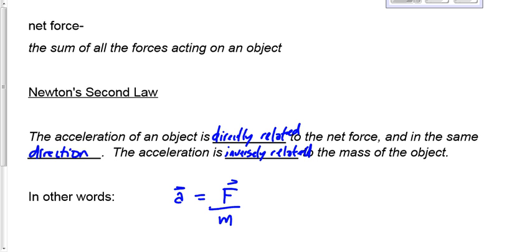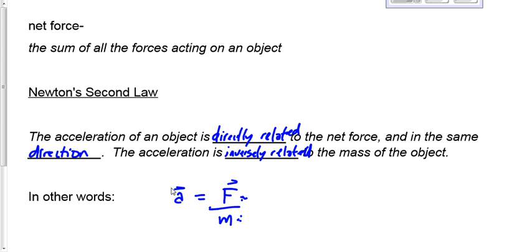You can see in this equation, if you increase the force, the acceleration will also increase. Double the force, double the acceleration. Triple the force, triple the acceleration. But if you increase the mass, because it's a denominator on the bottom of the equation, then the acceleration will go down. Double the mass, the acceleration is cut in half. Triple the mass, the acceleration is 1/3 of what it was. So the acceleration is directly related to the force and in the same direction, and is inversely related to the